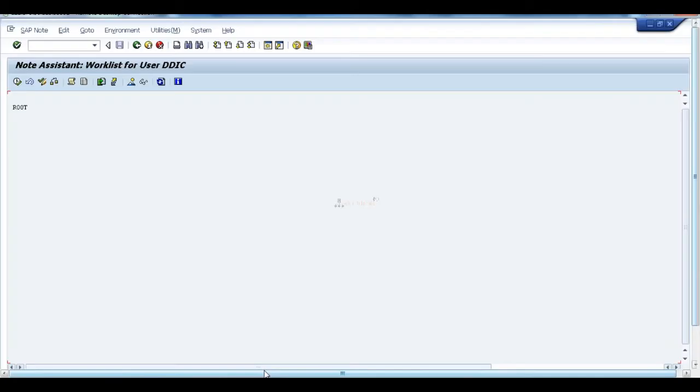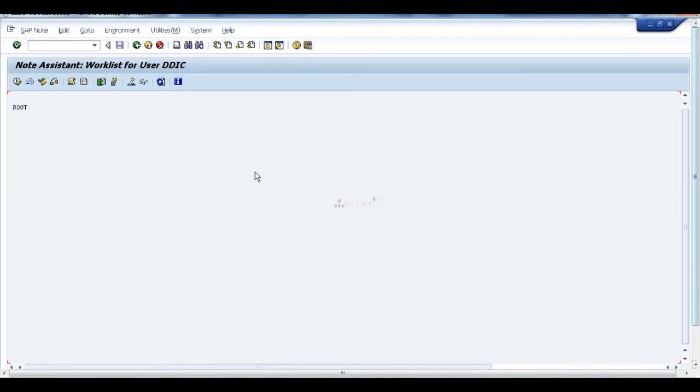How can it download? First of all, if I want to download the SAP Note automatically from the Service Marketplace into the system, then this system should be connected to my Service Marketplace, correct? Then only I can download automatically. Did you get my point?